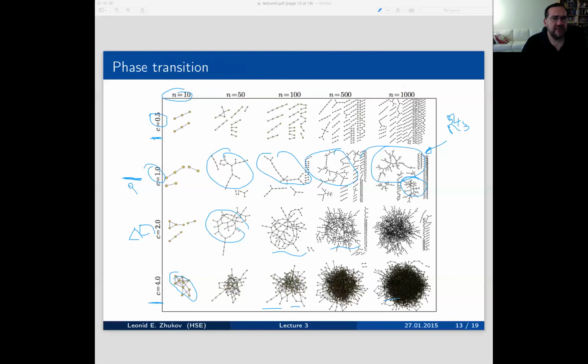Well, honestly, we didn't make a mistake. It's just the fact that when we look at the theory, remember the theory was looking into this limit, right? And we never reach this limit. So if n becomes larger and larger, we will see that 2/3 of the points belong to the gigantic connected component in the phase transition. But when n is small, and typically when you make experiments, n is relatively small, you might see a bunch of disconnected nodes still at the critical point.